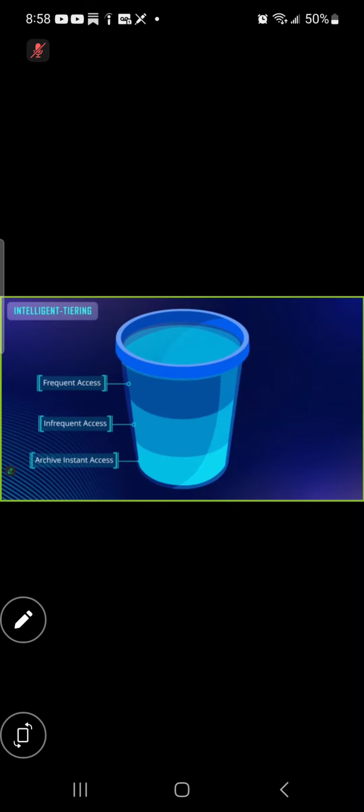These tiers are part of the Intelligent Tiering class itself and are separate from the other S3 storage classes I listed earlier. When objects are first stored in S3 Intelligent Tiering, they're placed within the Frequent Access tier, which is the most expensive of the three tiers. If an object isn't accessed for 30 days, then AWS will automatically move the object to the less expensive Infrequent Access tier. If an object isn't accessed for 90 days, AWS will automatically move it to the even less expensive